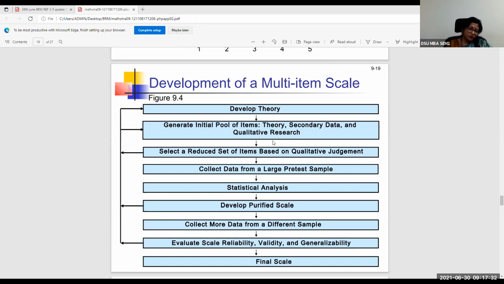And after you collect all this information about how the questionnaire is, you can go to the next stage, which is the statistical analysis. What is statistical analysis? You have collected the questionnaire from a pre-test sample and you've got some exemplary data. You can take that data, put it into an Excel sheet and into software and start doing some kind of analysis, which is an analytical plan that you have: if I'm going to administer these questions to the main survey, what kind of analysis am I going to do?